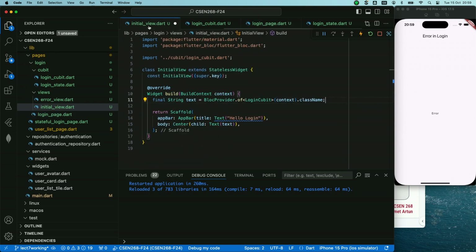So inside the initial view, I can pull that parameter in this way, BlocProvider of login qubit. I can pull that parameter. And when I pull that parameter, I can print it here. So let's see if it will work. So as you see, that text has been